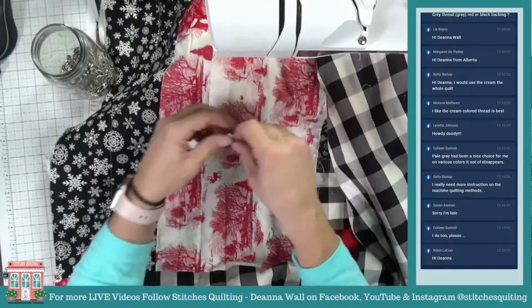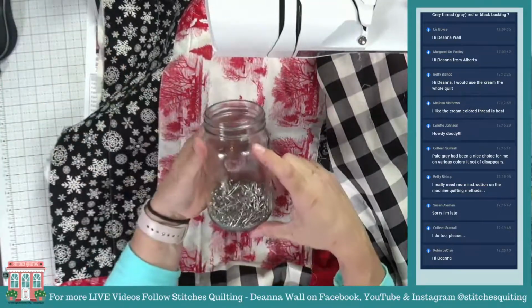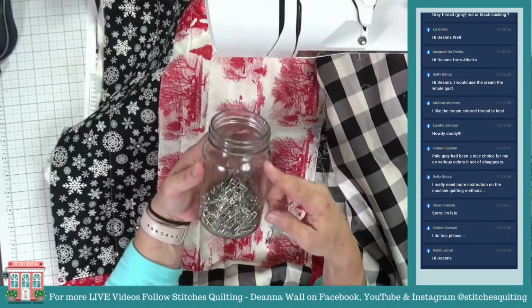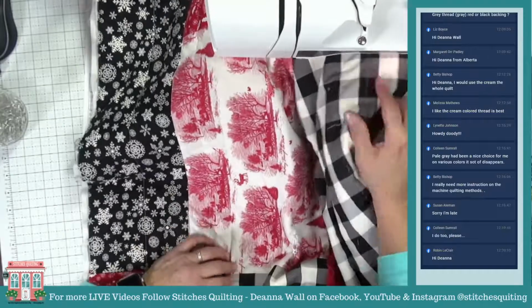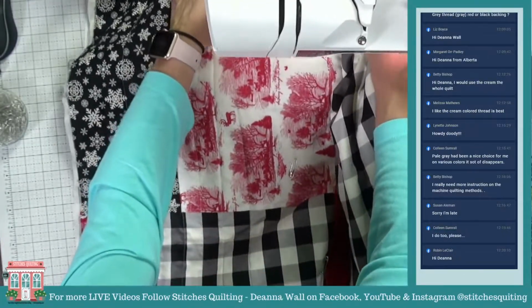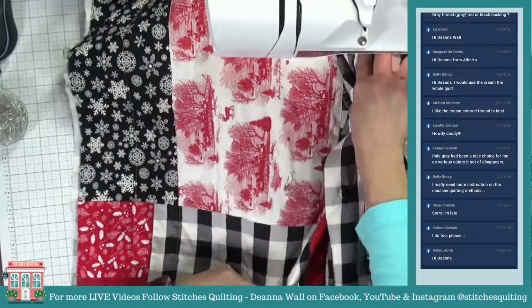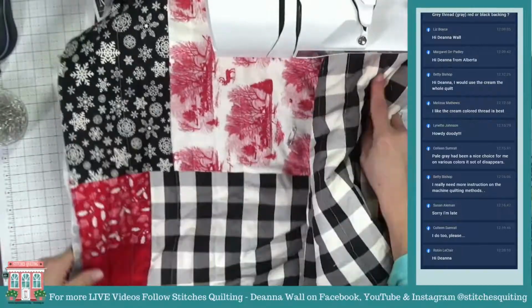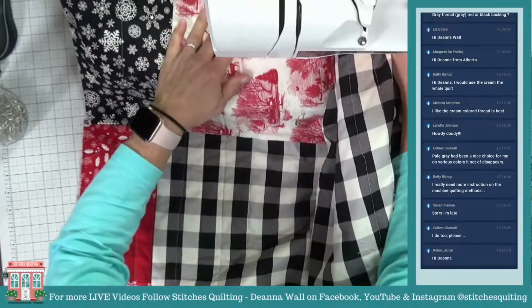because this is definitely, and I'm going to put them back in my jar. You know, this jar used to be full. Do you guys have things like this where things just kind of get lost? It's like socks for me, my safety pins are. But I have a lot of different workstations. I work in here, I work outside, I have a cutting room,